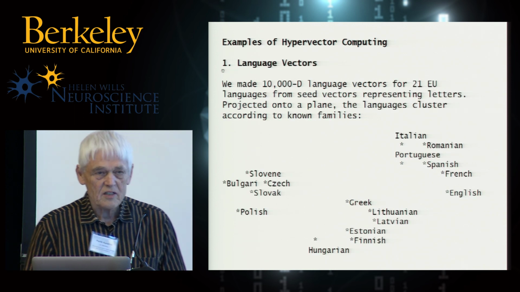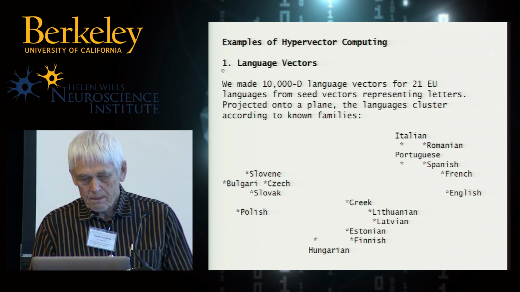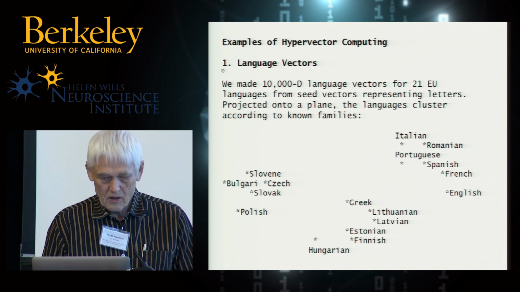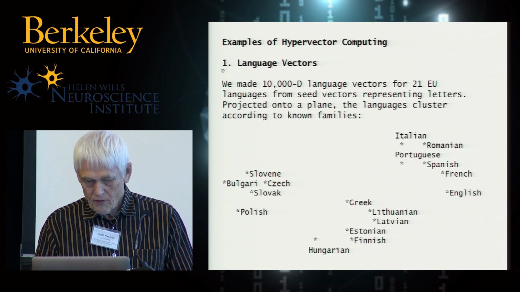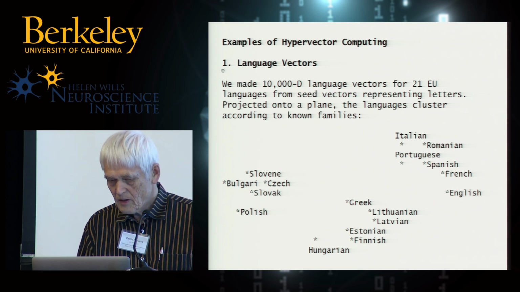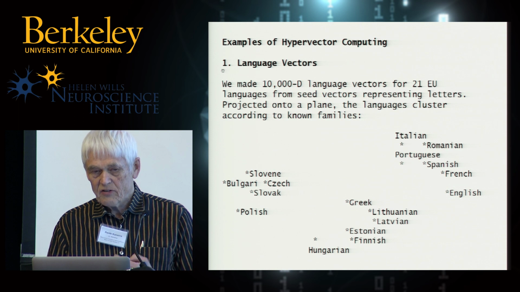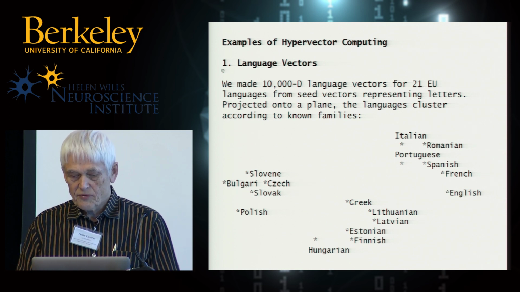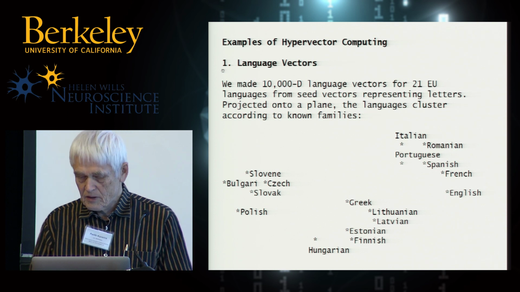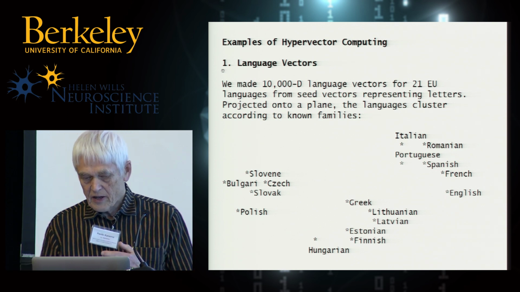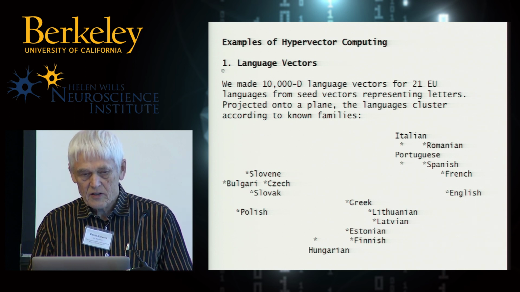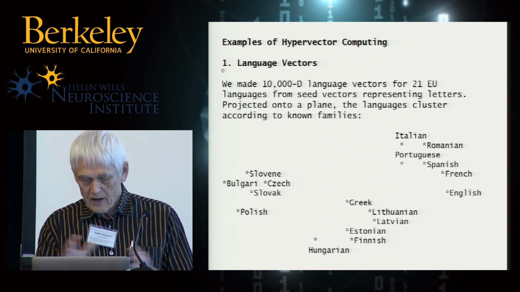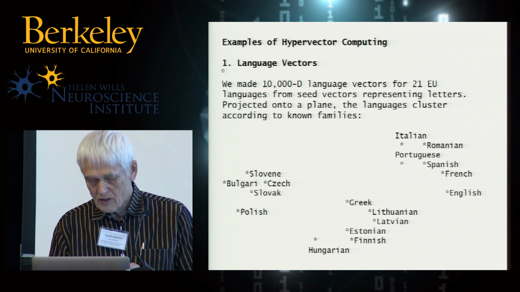Now I'll go through 3 examples where we have used these ideas to produce something interesting that can be developed into useful algorithms. The first one deals with language vectors. We made 10,000-dimensional language vectors for 21 European Union languages using seed vectors for letters as the starting point. Then with these seed vectors and the sample text, we produced language vectors encoding either the trigrams or the tetragrams of any individual language sample,